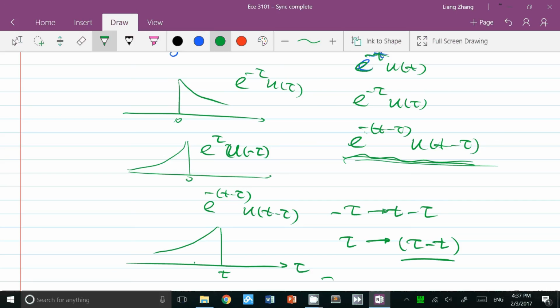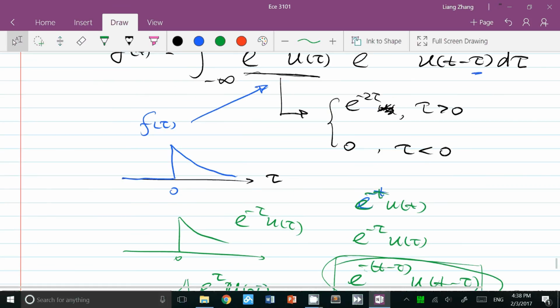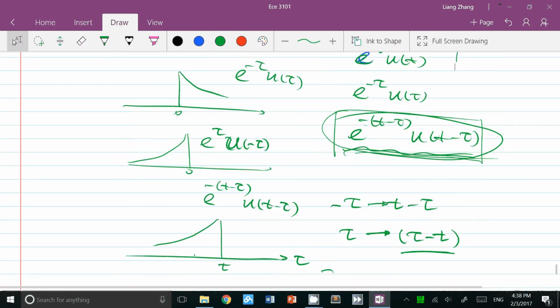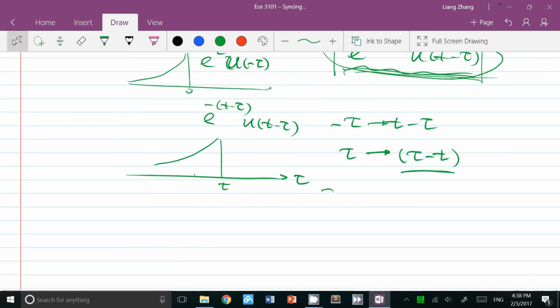Right? So we start with e to the negative tau u tau. Eventually we want to see what this guy looks like, because I have to multiply this one with this f of tau, with this one. And this is what we obtain. Then putting things together,